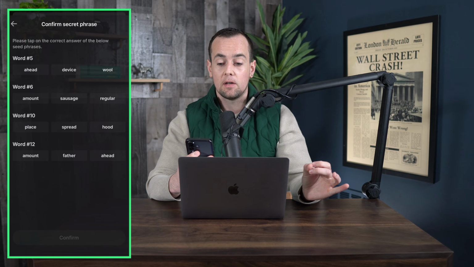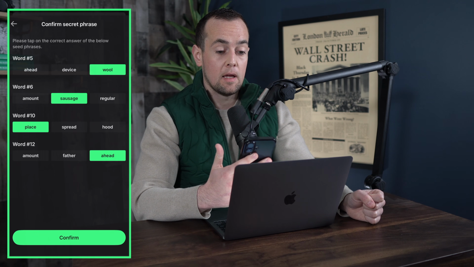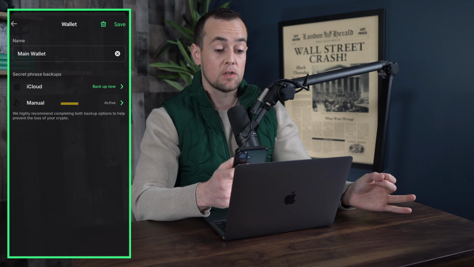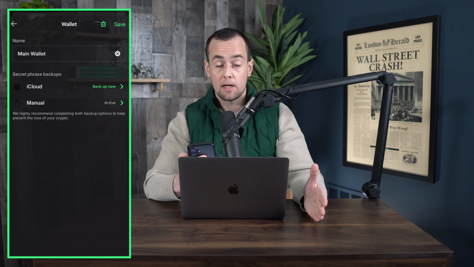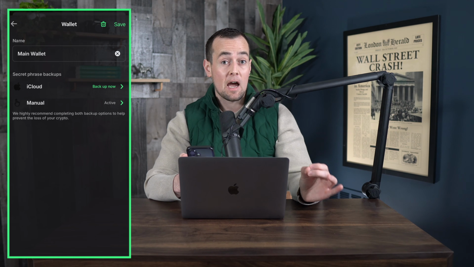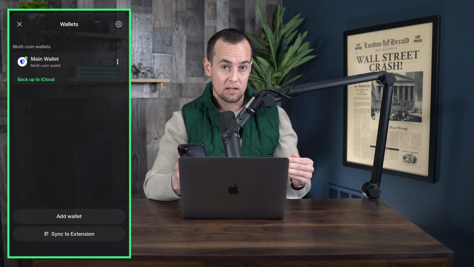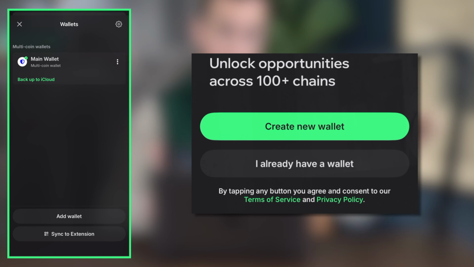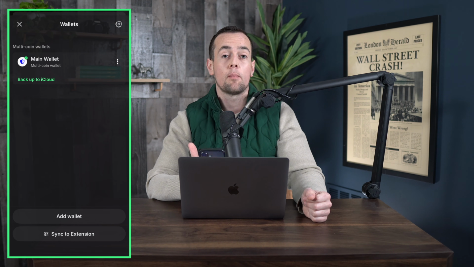But we're going to go ahead and confirm the word choice now, and then we'll click on the confirm button together. Once you click confirm, it has now activated the wallet, so we can see Manual is now active. Just like that, we generated our secret phrase. Now if you wanted to put this on a different device, you would simply take that 12-word phrase, start from scratch, click on I already have a wallet, type in those 12 words,